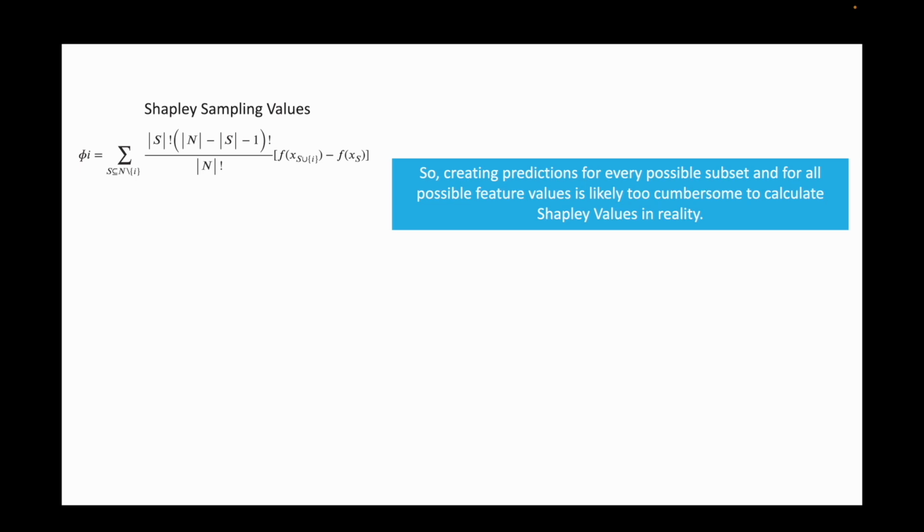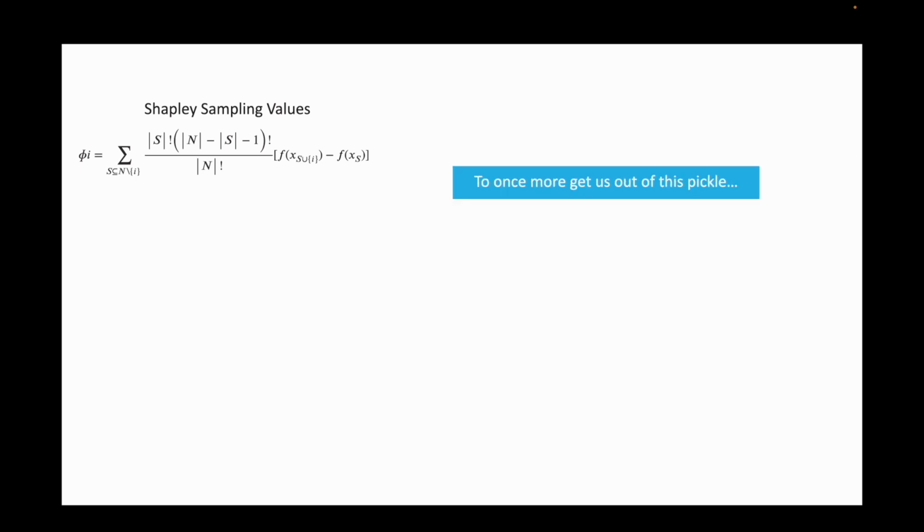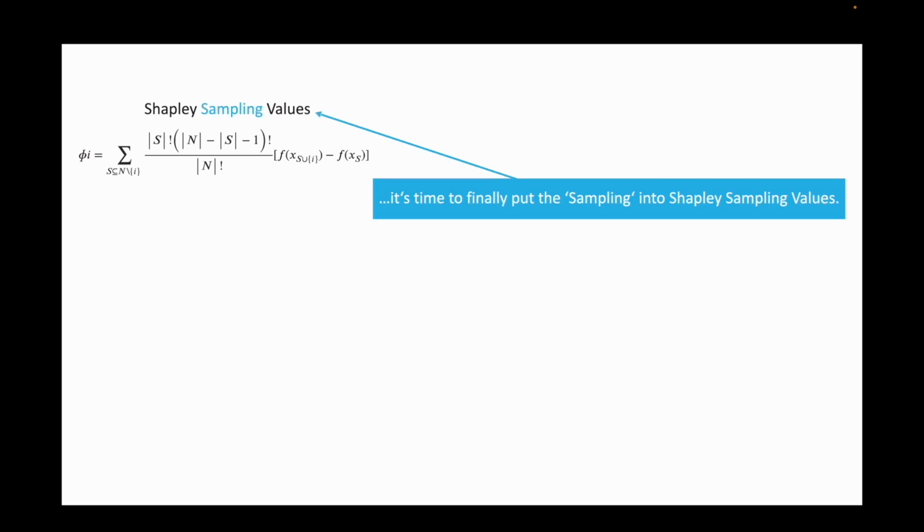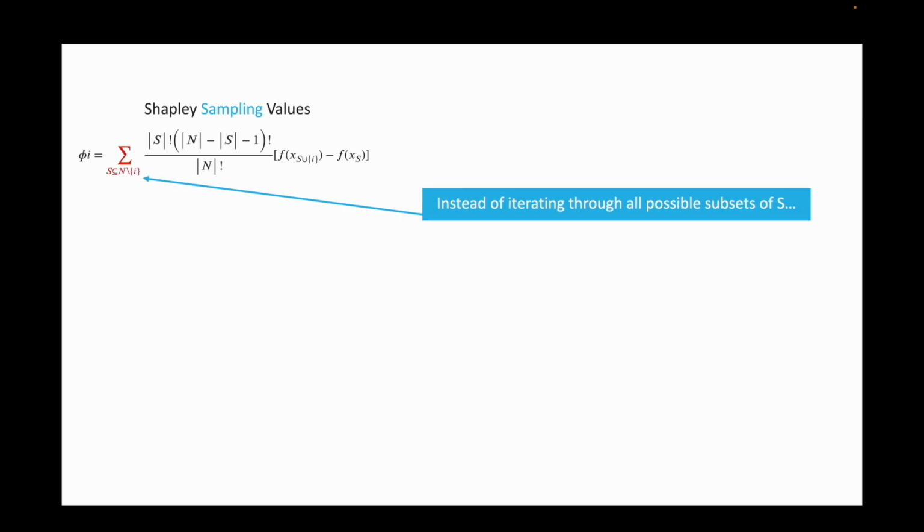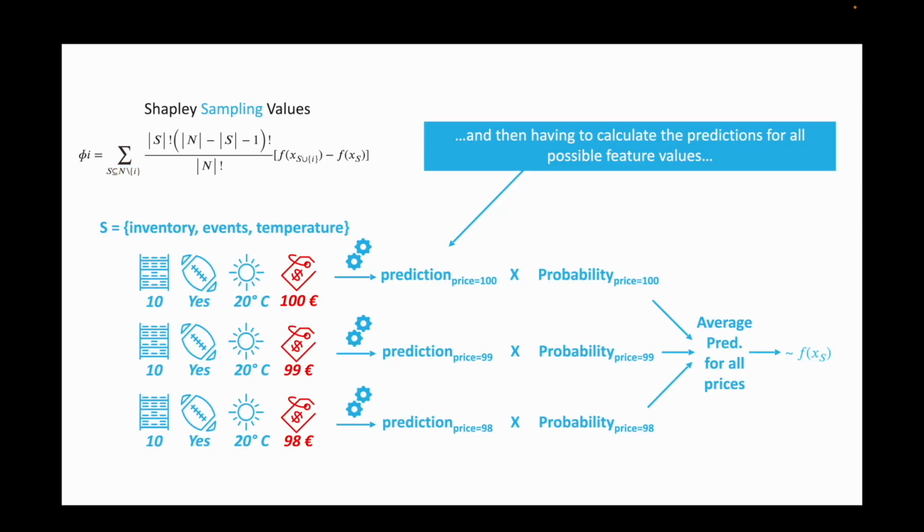So, creating predictions for every possible subset and for all possible feature values is likely too cumbersome to calculate Shapley values in reality. To once more get us out of this pickle, it's time to finally put the sampling into Shapley sampling values. Instead of iterating through all possible subsets of S, and then having to calculate the predictions for all possible feature values,